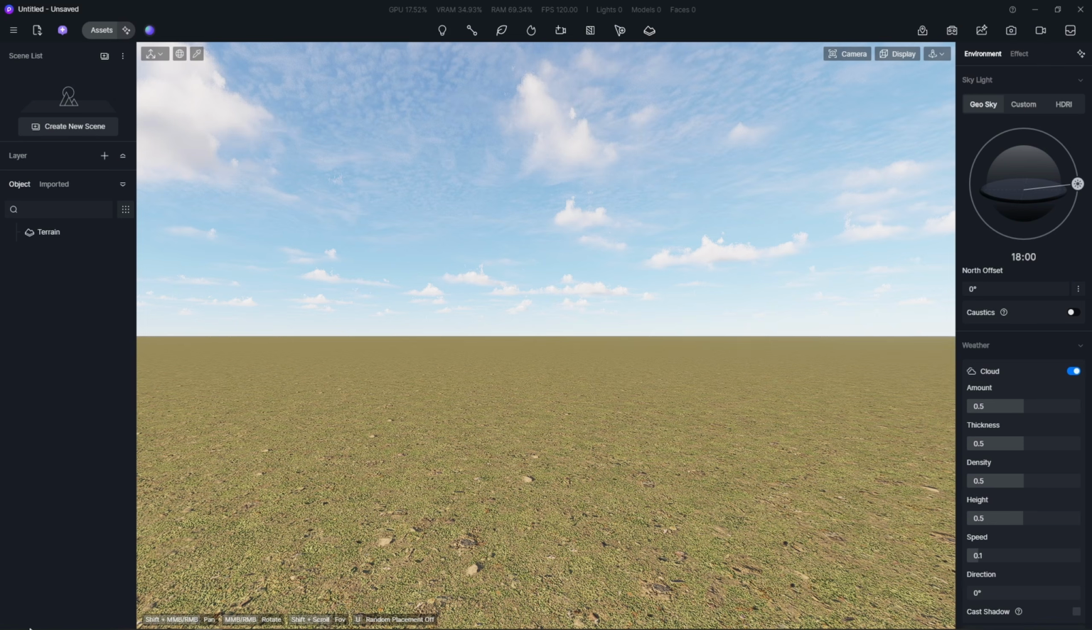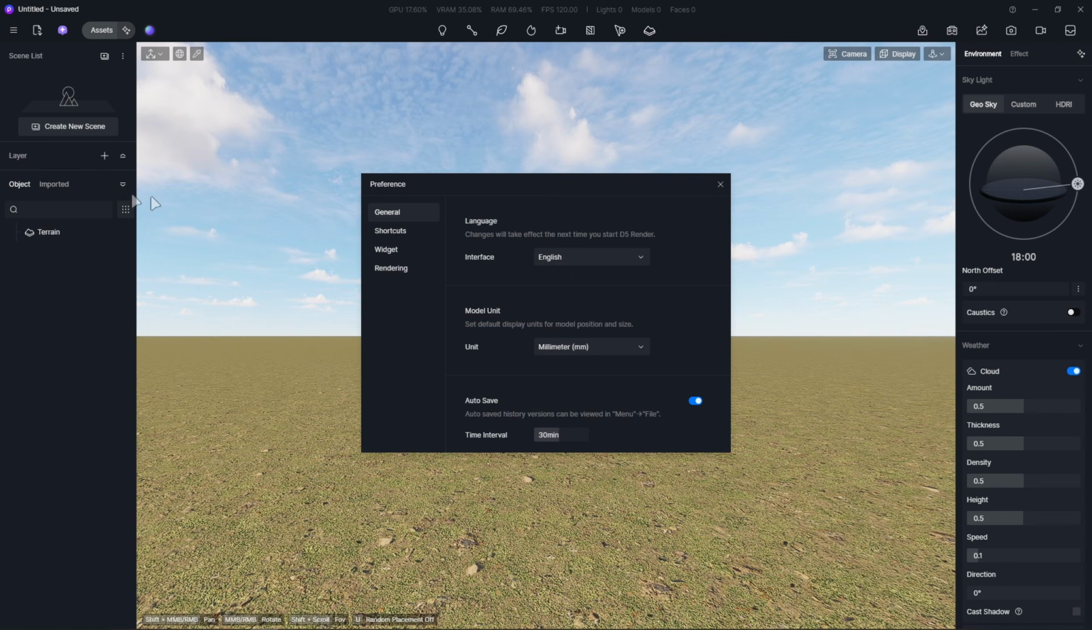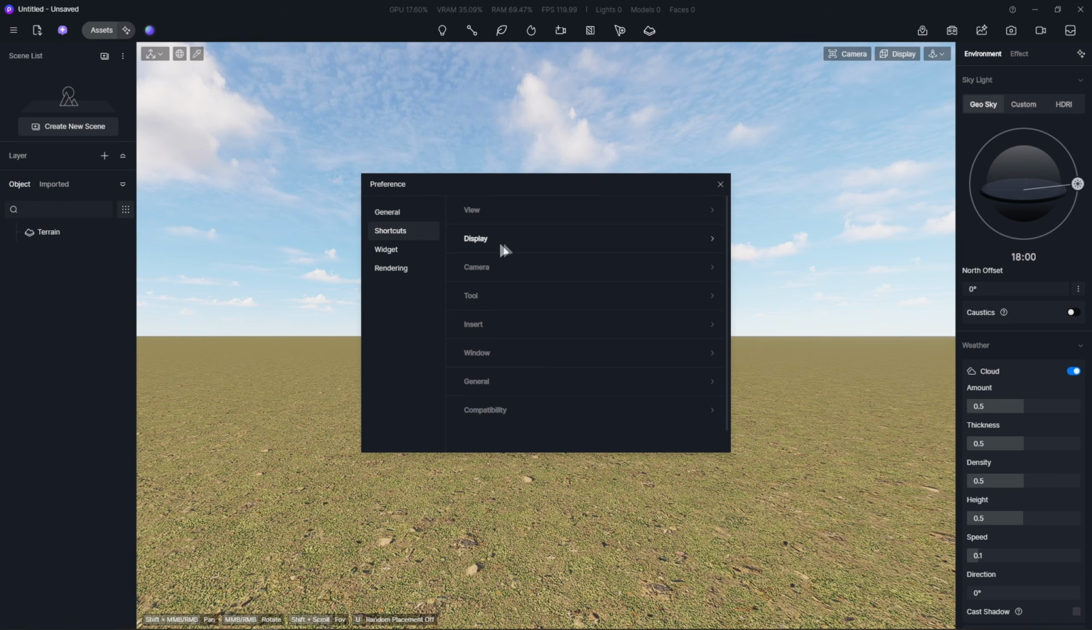Secondly, you can change the shortcuts in D5 Render to fit your preferred workflow. You can view and customize key bindings via Menu, Preference, Shortcuts. For example, while D5 Render defaults to Q for up and E for down, you can swap these if you prefer a different setup. If you aren't familiar with the software yet, you can use this menu to learn the